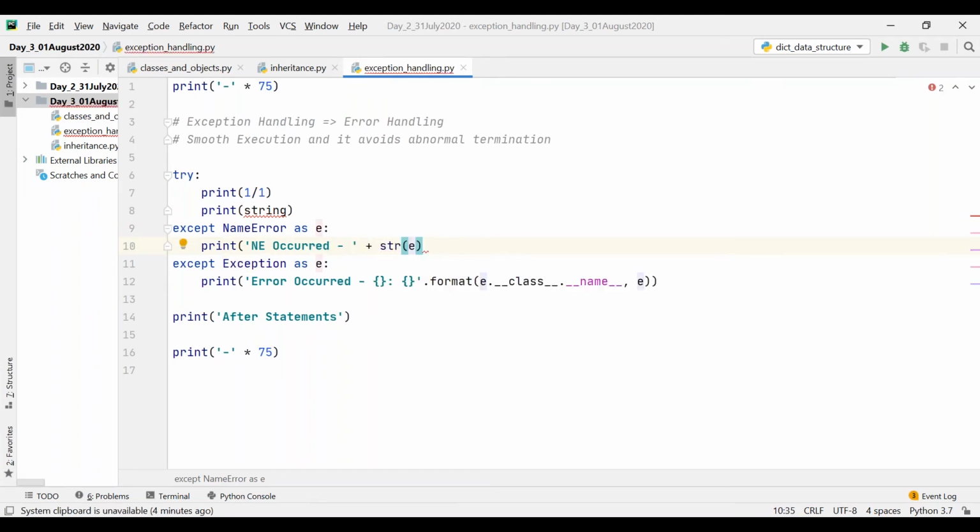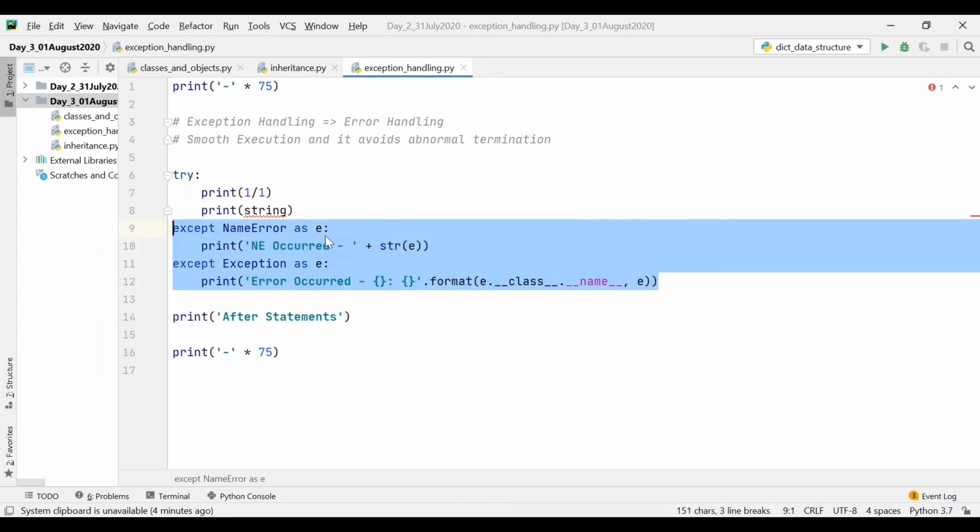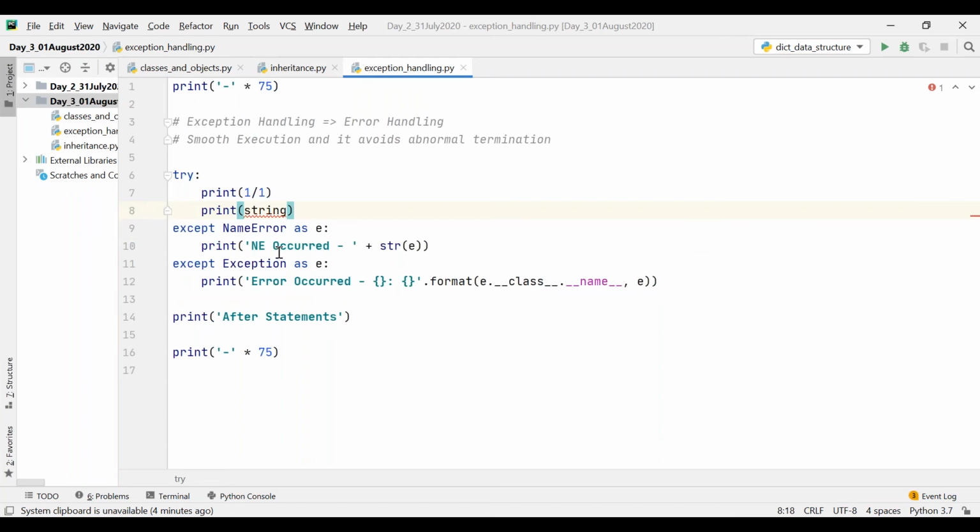using concatenation operator. Okay, so whenever there is a name error, it checks from the first except block till the last except block. It's like the multi-level if else statements. So wherever you have handled that particular exception, that particular block will be executed and it comes out. So if you have multiple except blocks like this, whichever is satisfying the given exception, that will be executed.